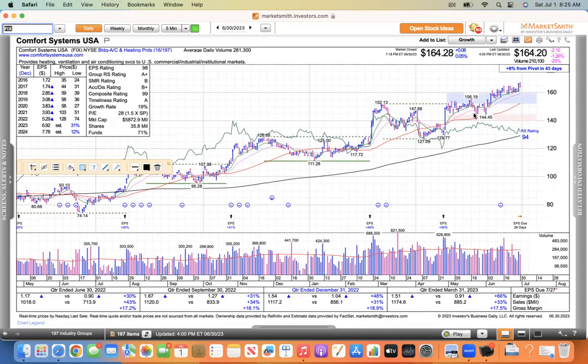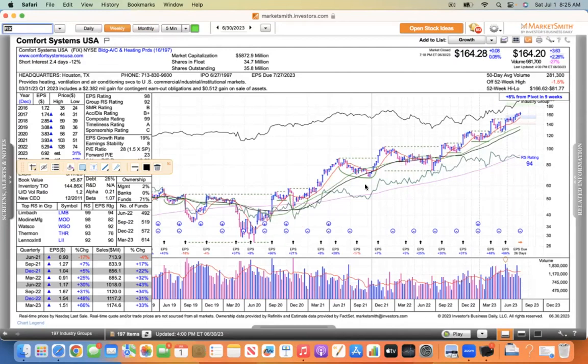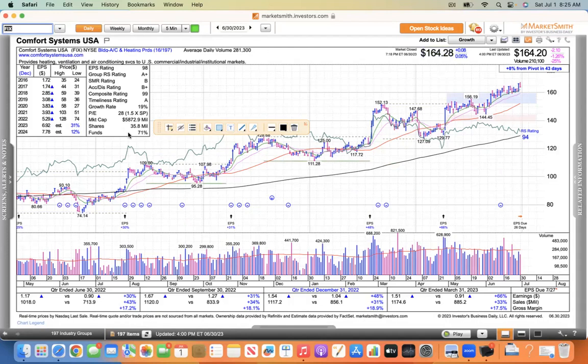If you missed it, we had the buy point there about 150. And if you missed it, maybe you get lucky and it pulls back to its 21. So definitely one to watch. And if you just look at the weekly, this is a weekly review and you can see it's just grinding higher. It's kind of a slow mover, kind of a steady Eddie, but pays a really tiny yield, just like Nvidia, but quality stock,